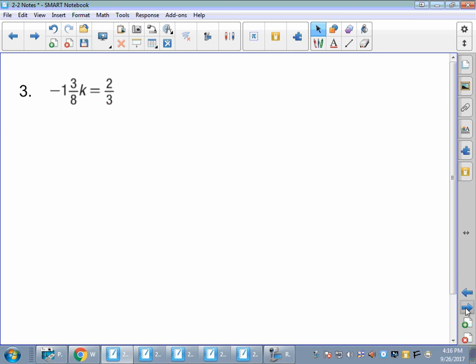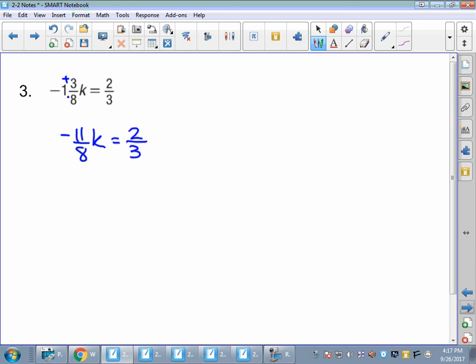All right, for number 3, got some crazy fractions here. So what I'm going to do first is make that mixed number into an improper fraction. If you remember to do that, you multiply the whole number times the denominator. -1 times 8 is -8. Then you add the 3 to it. And so actually that's -11/8 k. You kind of leave the negative off of it until the very end. So when I multiply the 1 and the 8 and then add 3, I get 11/8, but because it was negative, it's -11/8 k, is equal to